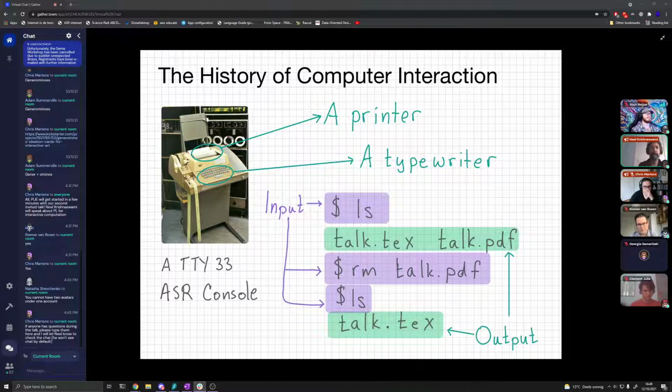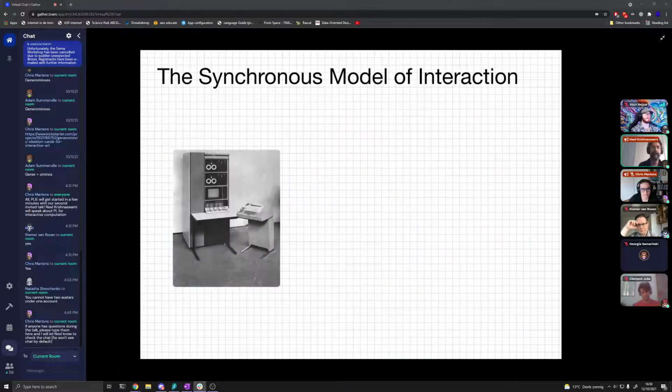Okay, I'm about to say what happened next, but this is not actually what happened next. This is more a reconstruction of how the development of ideas could have happened rather than how it actually did happen. But this idea that maybe the atomic unit of interaction is one input and one output, that actually has a lot of value.